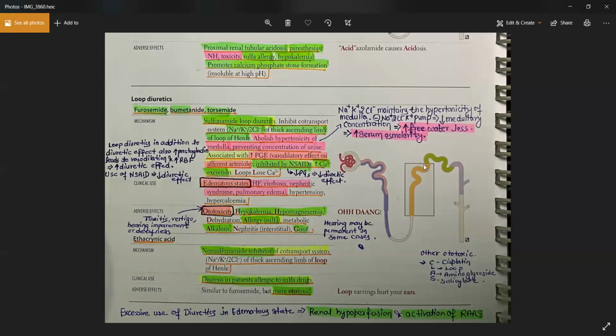The function of macula densa cells is to sense the sodium delivery in the DCT. It has nothing to do with this system. Serum doesn't matter. The only thing that matters to the macula densa cells is the delivery of sodium to the DCT. Okay, the sodium is already very much enough. Still, you are having activation of RAS.